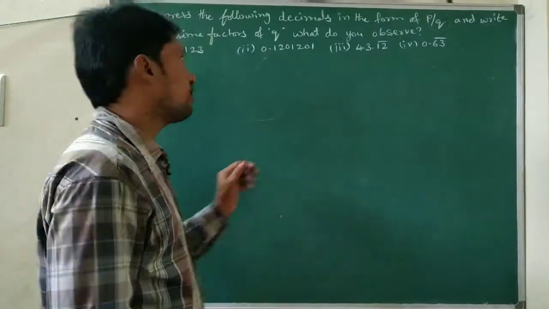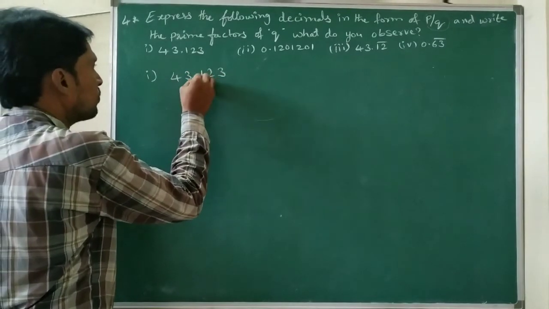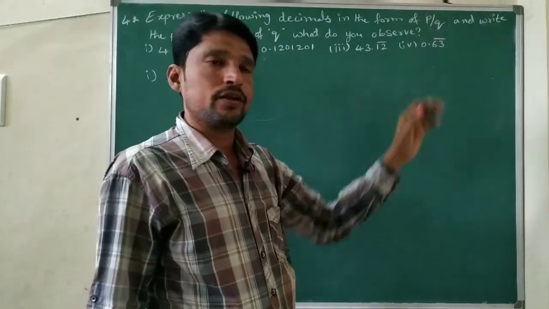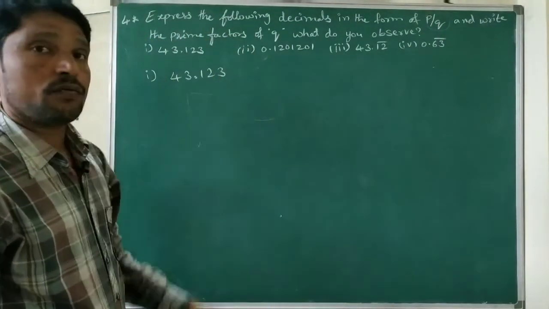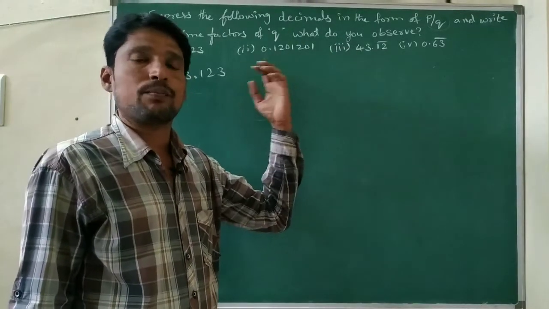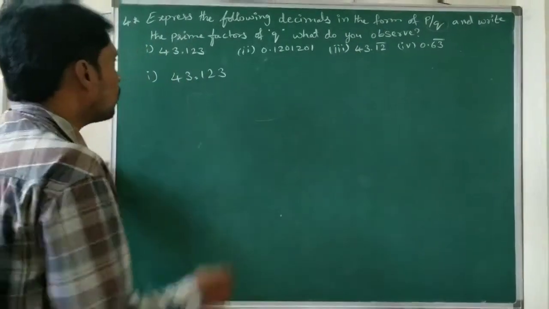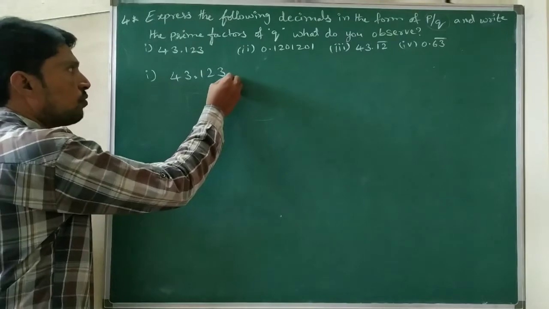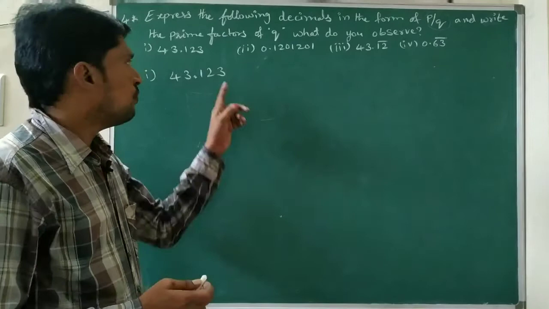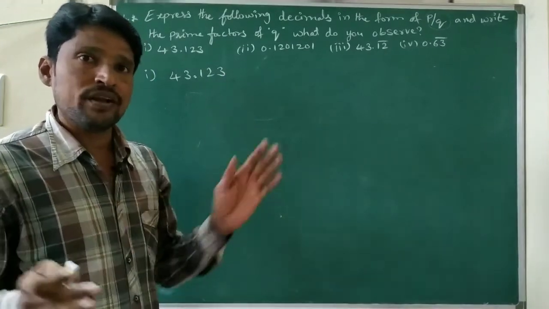First question, that is 43.123. So this decimal we need to write in the form of P by Q. Then next we can write the prime factors of Q. After that, from the prime factors we write what we observe. So 43.123 means it is terminating or non-terminating? We are getting remainder 0 and it stops, otherwise it goes on, so it is a terminating